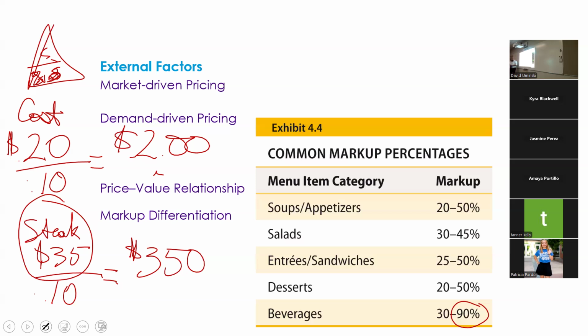And so that's why when we talk about that 30 to 33% average, that's the average of the whole menu, not necessarily just one ingredient. Some ingredients might have a higher food cost percentage because they have higher cost ingredients. Some of them might have lower, like our beverages. That's where we get a lot of our profit, right? We get $1.90 for every tea that we sell. But let's say I sell my steak for $70, then I only get $35 for every steak that I sell. And so the more beverages I can add, that markup or price differentiation is higher.